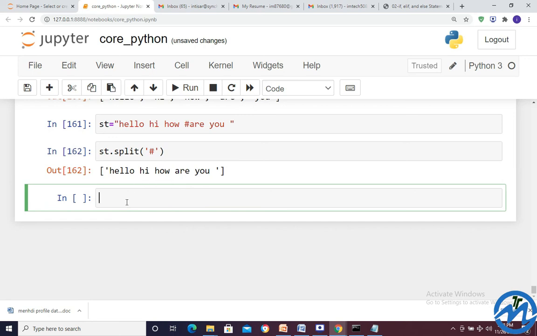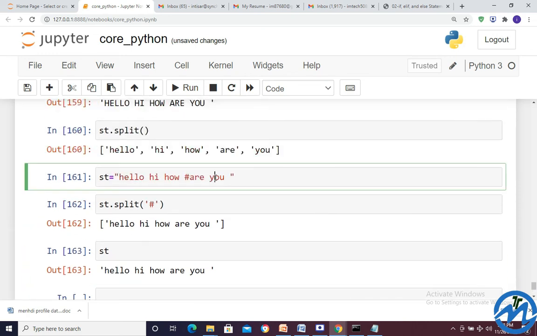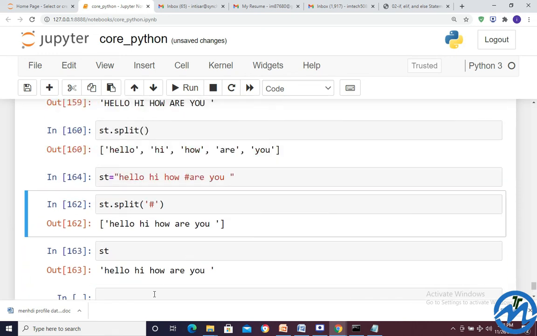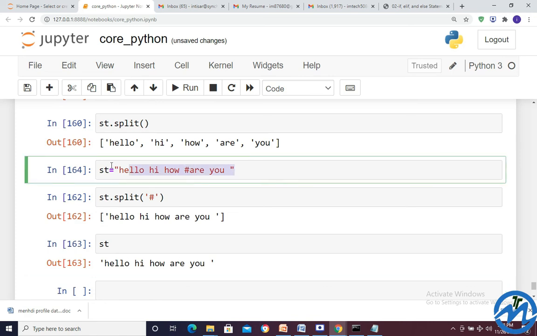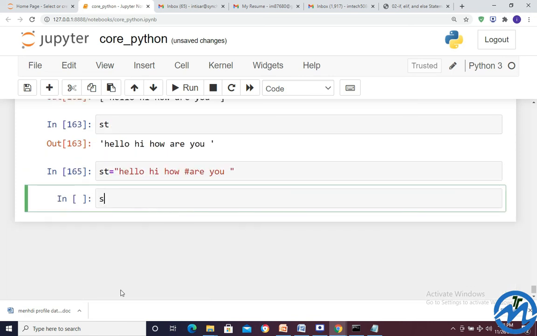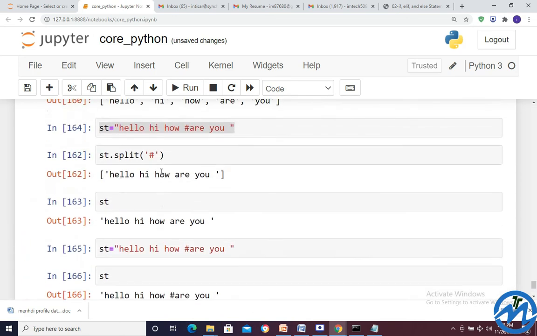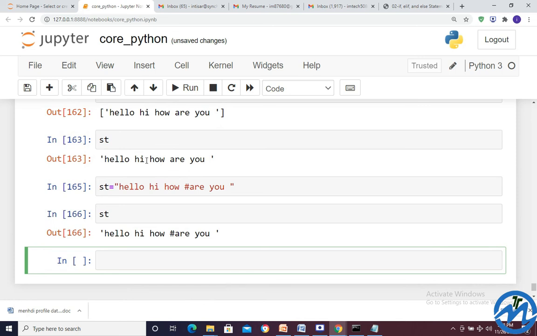So we got hello, hi, how are you. If we do not do this, then suppose we call st, we'll get hello, hi, hash are you. But here we don't have hash are you. These are exactly the scenarios we have.